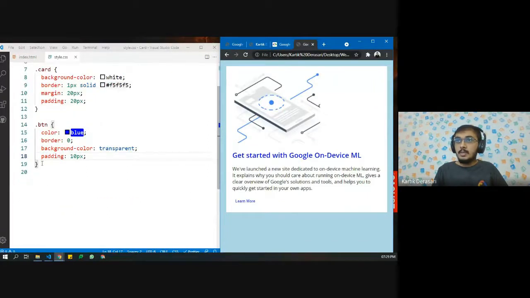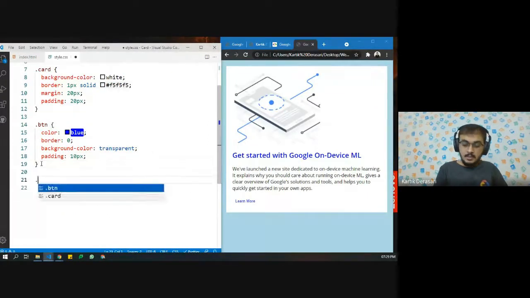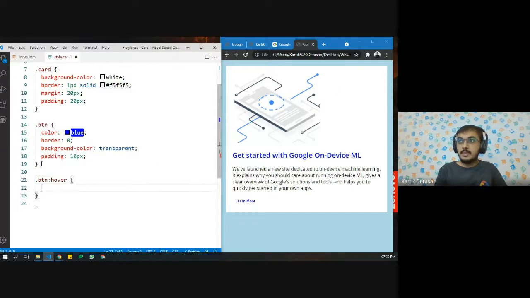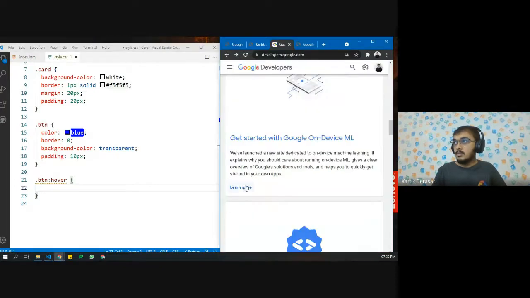So what we can do is use the CSS selector button again, and there is something called hover. Whenever we use our mouse and keep the pointer on this button, it will be hovered.